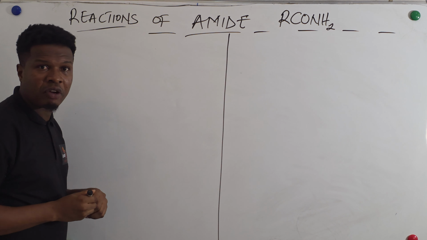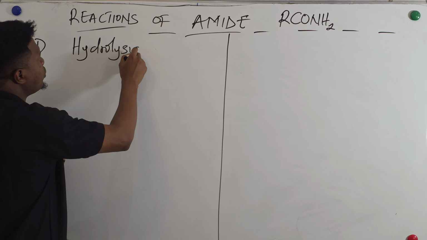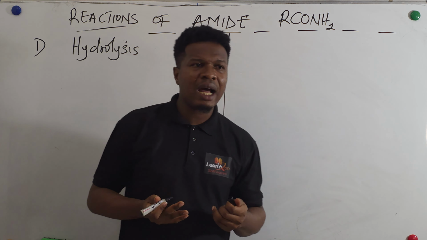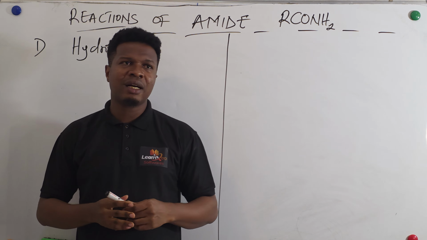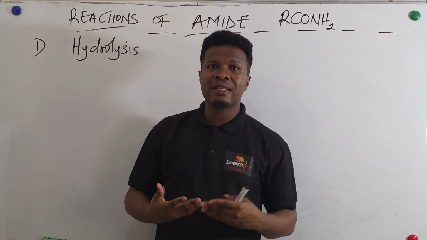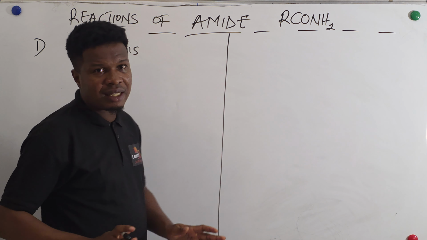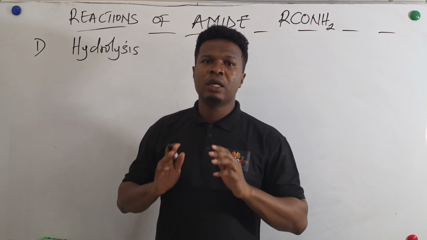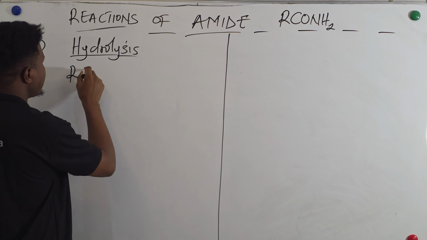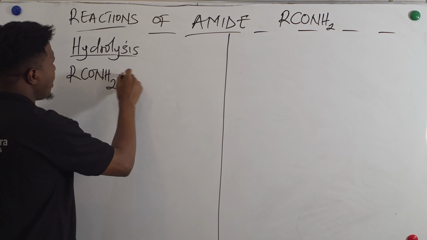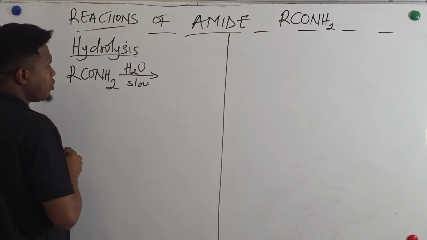The number one reaction of amide I'll talk about is hydrolysis. When we talk about hydrolysis, it could be hydrolysis using water. If you use water to hydrolyze an amide, it is going to proceed, but it's a slow reaction. The reaction is a little bit faster if you are using a dilute acid or a dilute solution of a base to hydrolyze it. The end point of the hydrolysis of an amide is going to give you a carboxylic acid. So if I'm hydrolyzing with water, which is a slow process, a slow rate determining step,